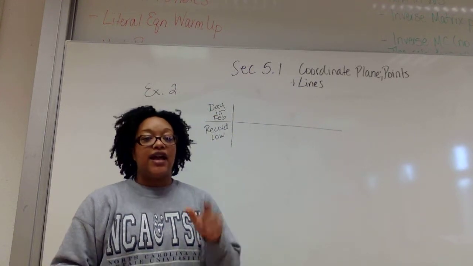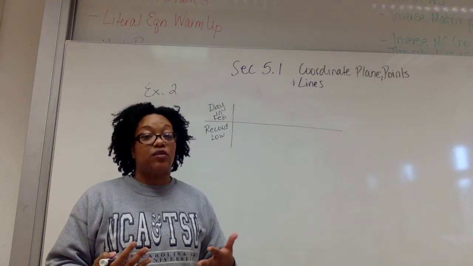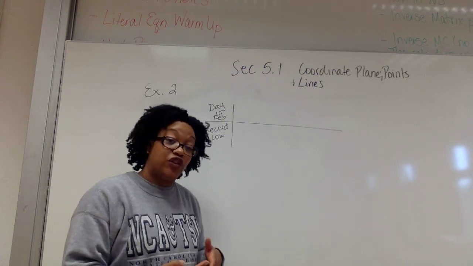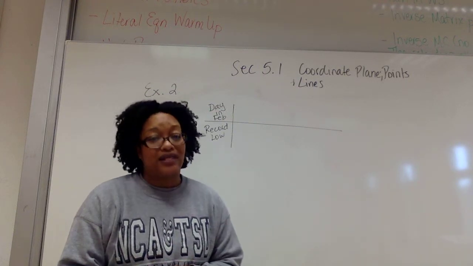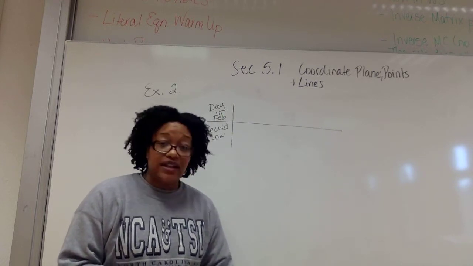All right? Now, the reality is, if we're going to give you a word problem or an application problem that involves a table and we want you to graph it, more than likely it's already going to be a function, so you don't have to check that. All right? So when we look at example 2,